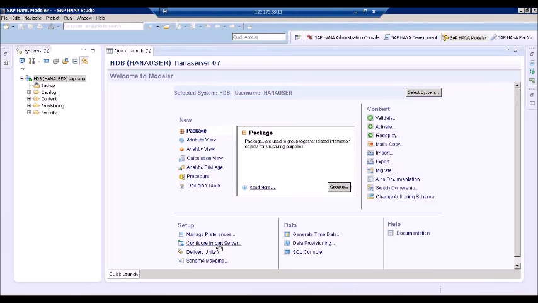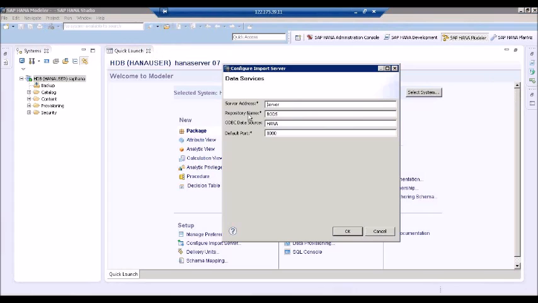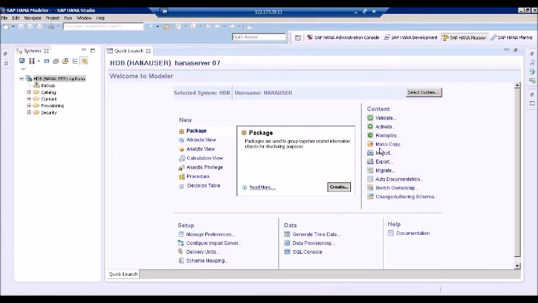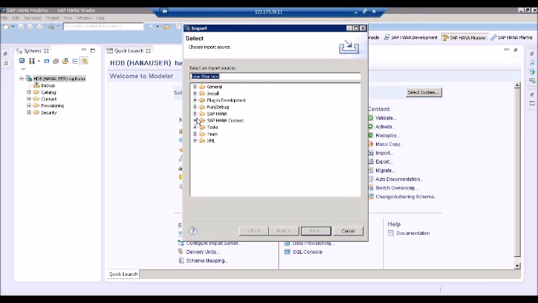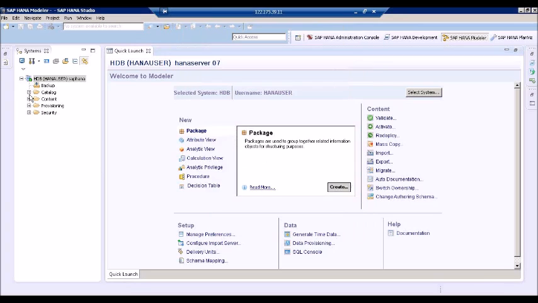So by using these configuration import servers, I have imported BODS as my server. After that, by using these import technologies, I can extract data from any of the contents, having the selective import of metadata. How it can work is,